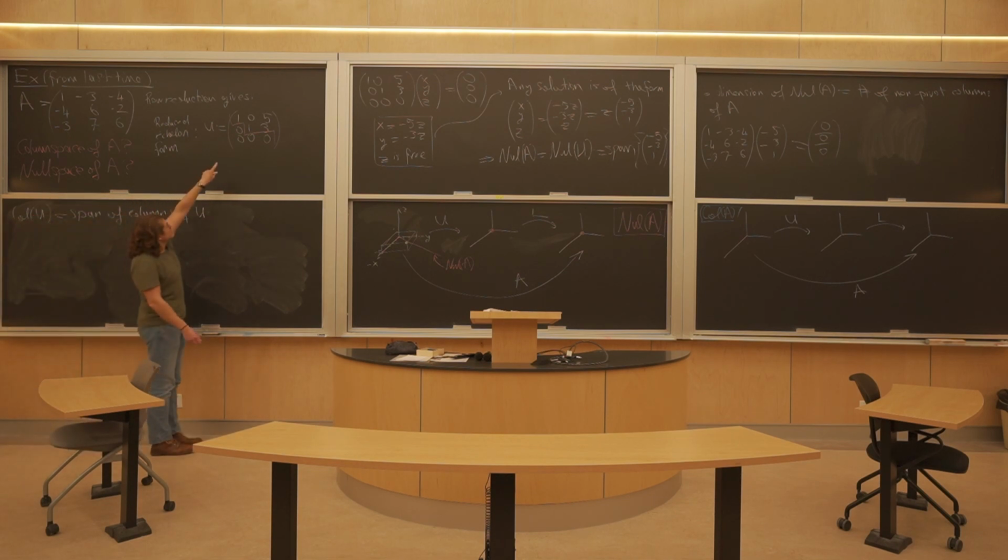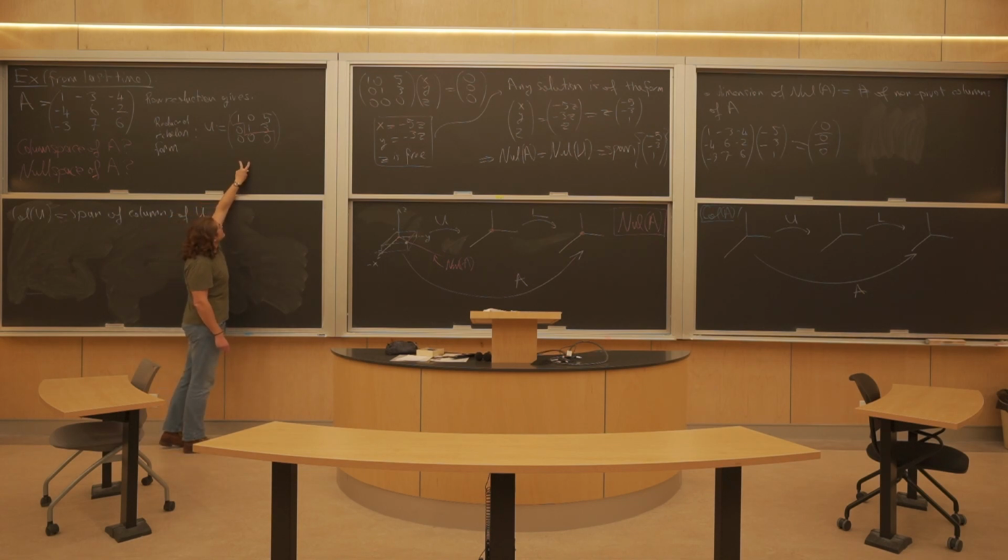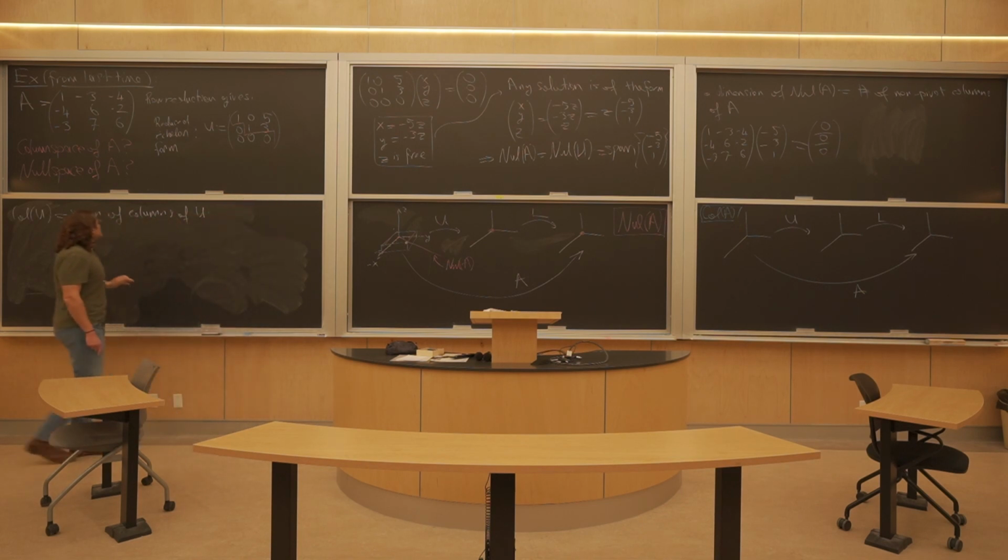But if I look at the reduced echelon form, I can immediately see that the first two columns are linearly independent. One is in the x direction, the other one is in the y direction. And then the third column is certainly a linear combination of these two. Okay? So the span of columns of U, which I can write like this using the notation,